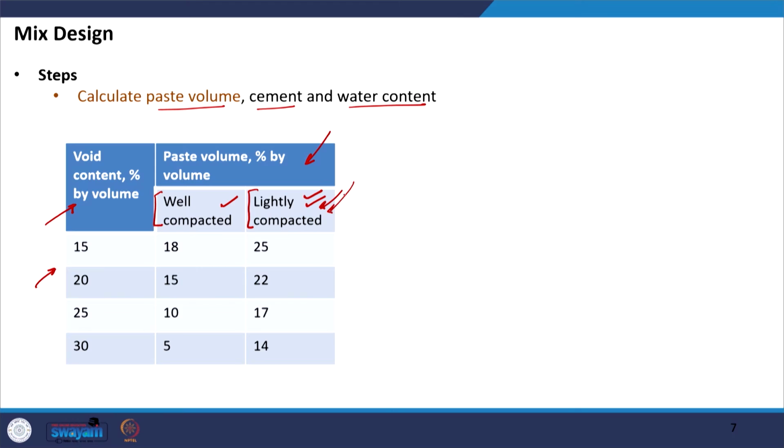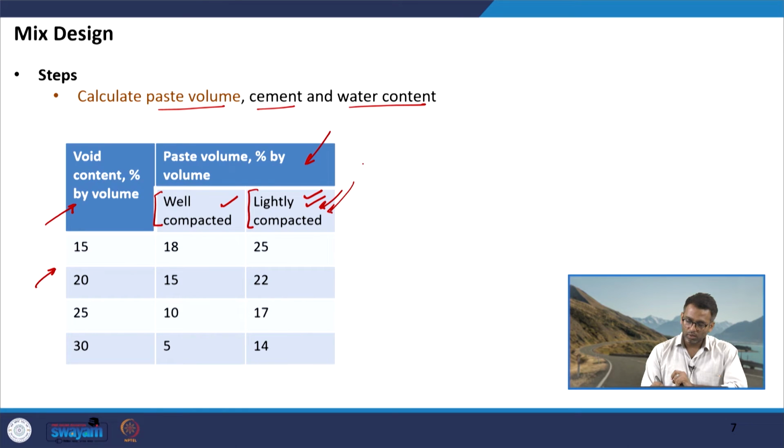But for pervious concrete, if you apply a vibration or if you apply heavy rodding in the mix, it can lead to the drain down of the paste from the pore structure. Try to imagine this, you are using vibration. So, because of this vibration, the cement paste can flow out of the voids. Okay. So, usually what we do, we use a standard